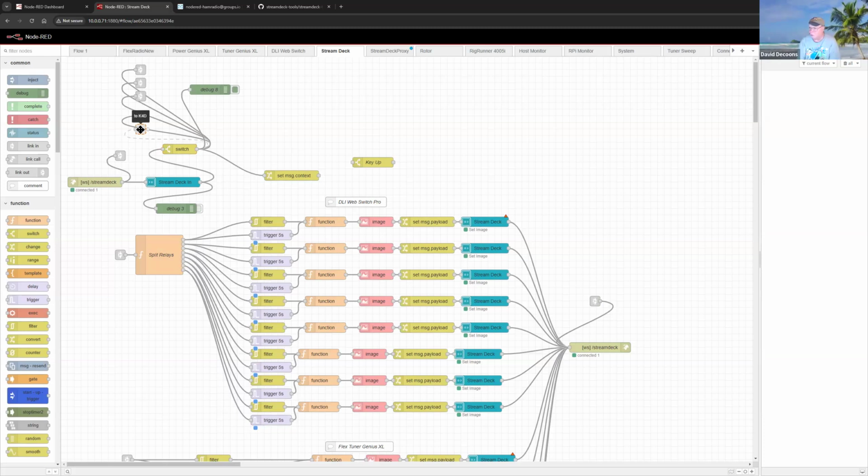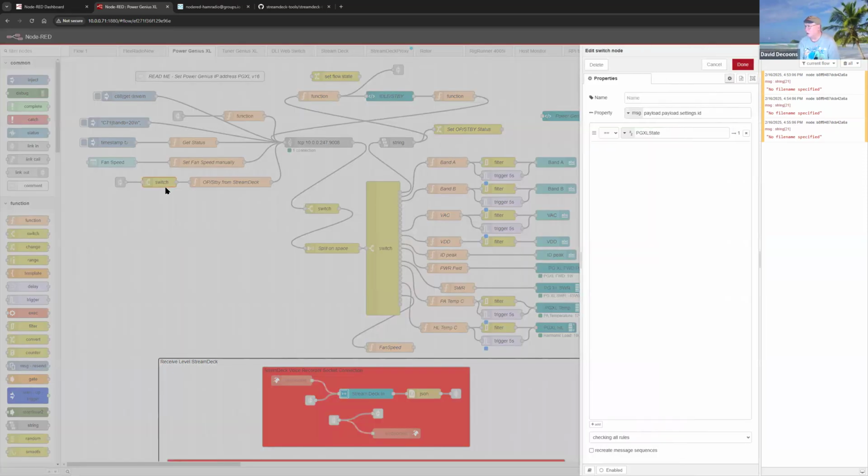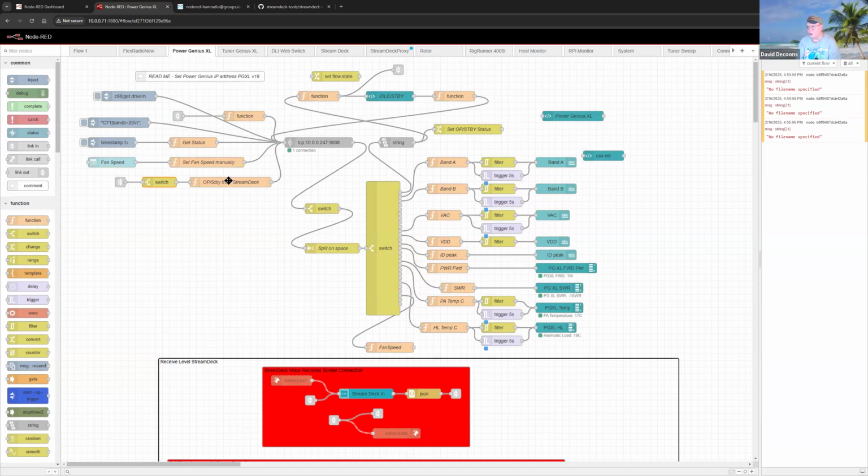This went to the K4 flow, which is disabled. This goes to my rotor, the DLI web switch, the TGXL, and the Power Genius. So it's just taking that, sending it out. For example, the Power Genius going out, that comes in right here from the Stream Deck. And it's basically saying here, PGXL state. That's the button. So if it sees that come in, if it sees PGXL state,